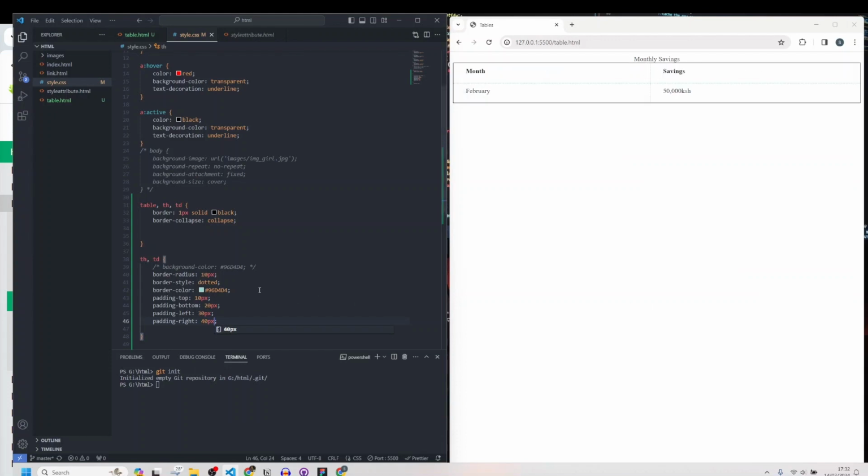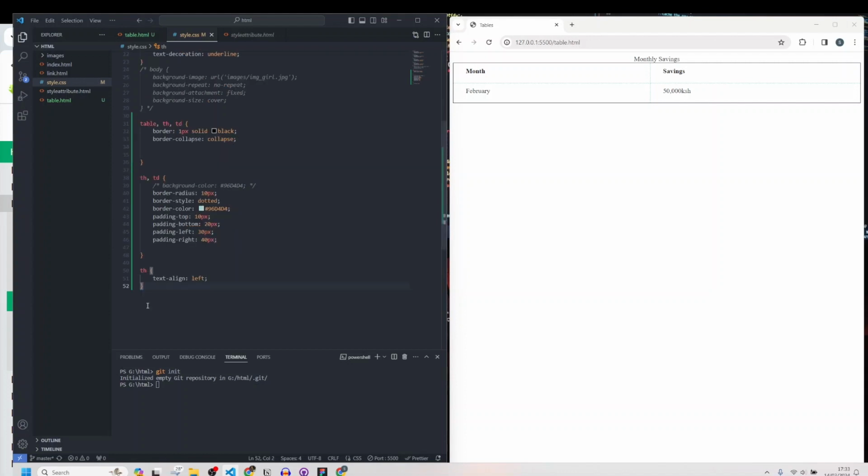The next thing we're going to look at is HTML table cell spacing. Cell spacing is the space between each cell. Between this cell and between this cell is the space between each cell. By default, the space is set to 2 pixels. To change the space between table cells, use the CSS border-spacing property on the table